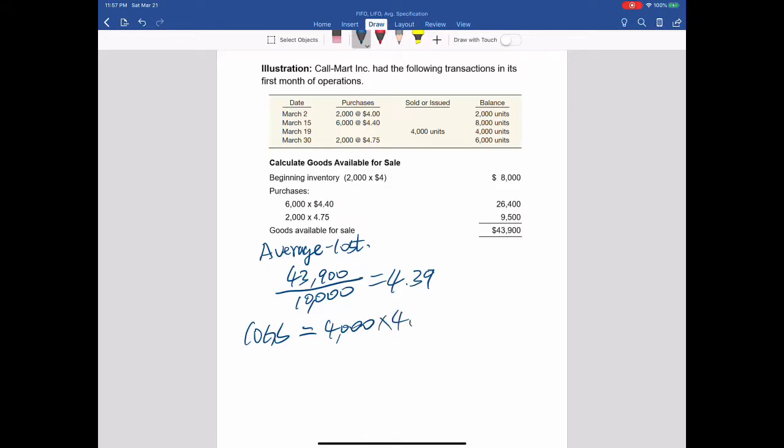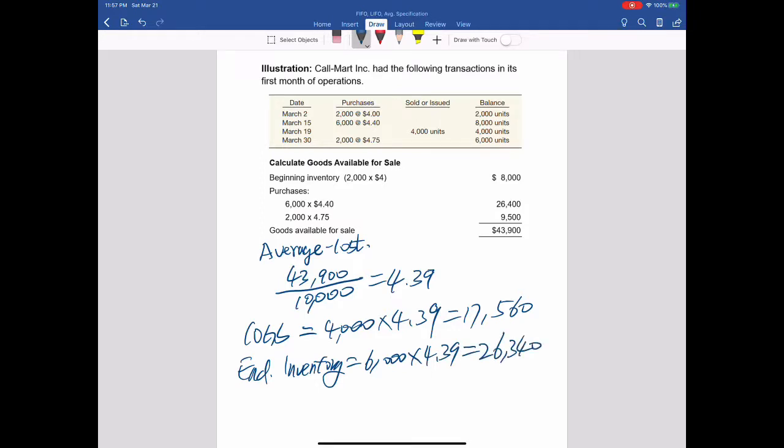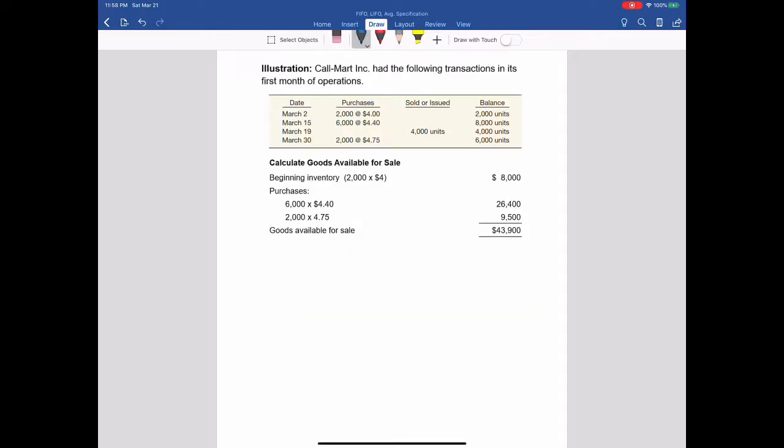We just multiply $4.39, which is 17,560. Ending inventory, 6,000 units, multiply $4.39, it is $26,340. Again, you can still use 43,900 subtract 17,560. It will equal 26,340. Another one is moving average